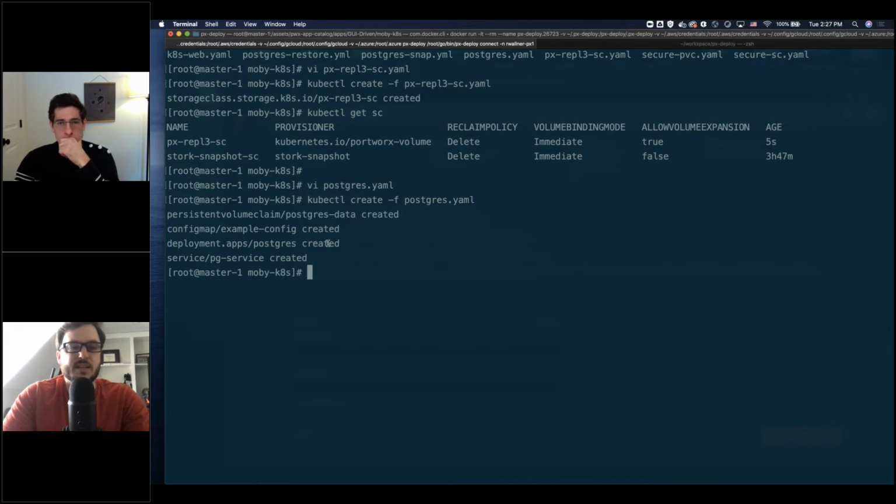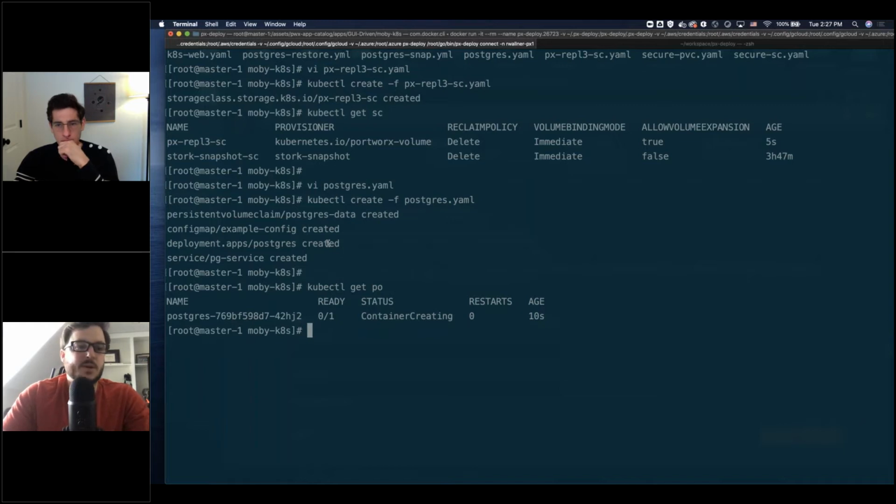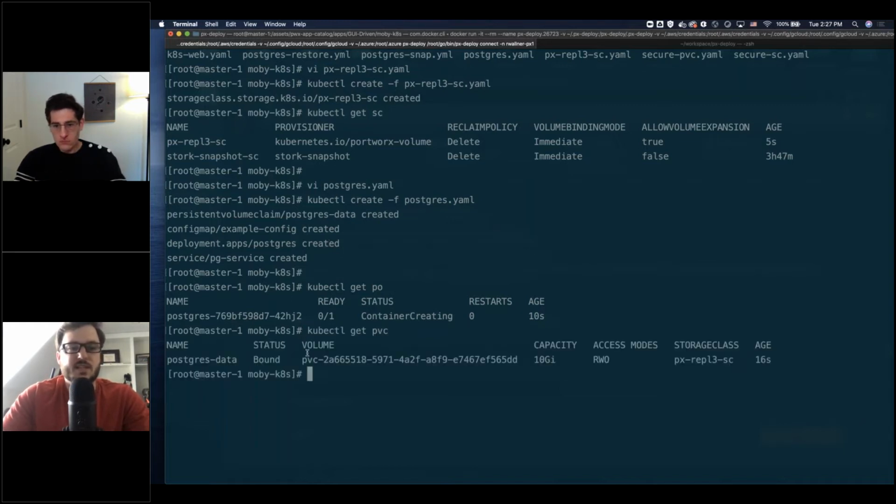So you should see everything created here. I did this in the default namespace, so we should be able to get pods, and we see one Kubernetes Postgres pod coming up. Now, if you do a get PVC, you should see your volume bound based on our storage class. And so this means that Portworx has provisioned that volume, and it is being used for this Postgres